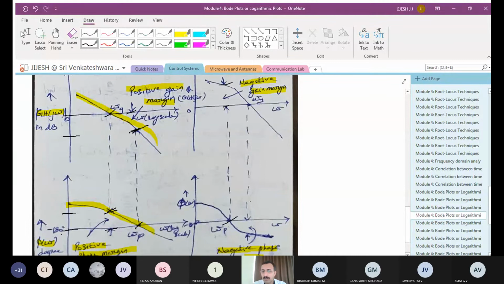And if you are going for the negative phase margin, you can see that you have the magnitude plot. Take this crossover where it crosses over, draw dotted lines towards down, and you can see that the difference which it generates, this much difference, is called the negative phase margin. So is that clear for you, that positive gain margin, negative gain margin, positive phase margin and negative phase margin? Is that clear for you?